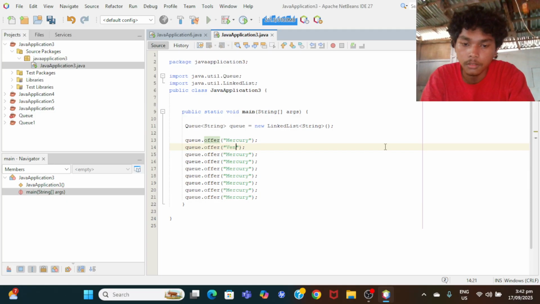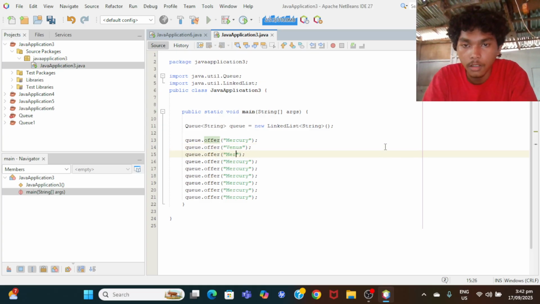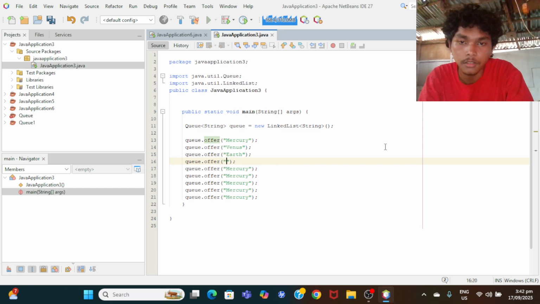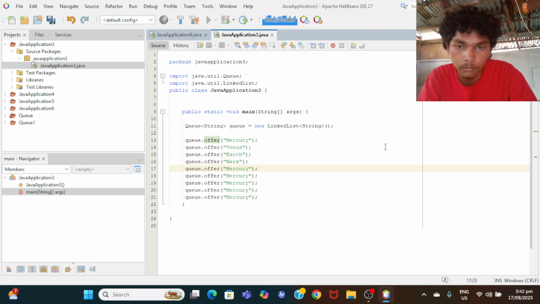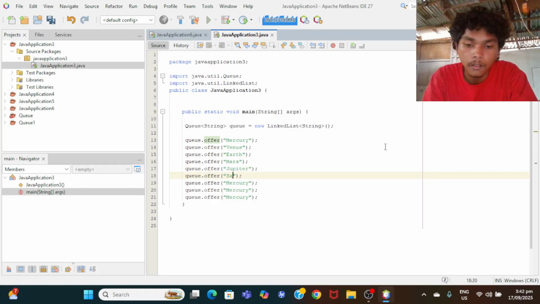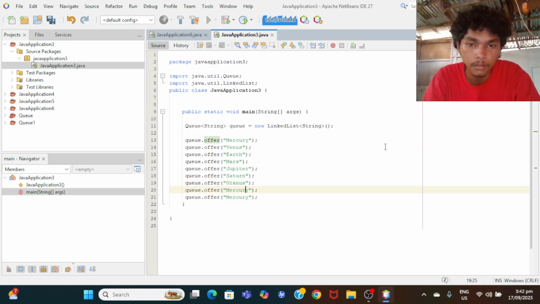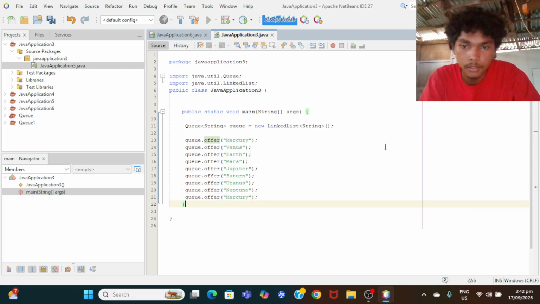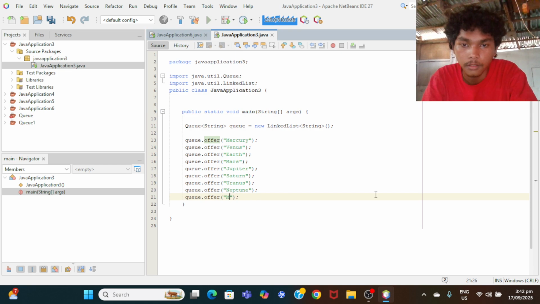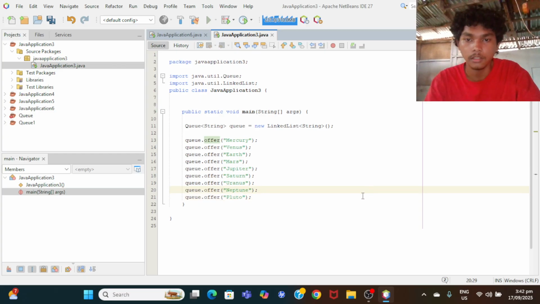So we're gonna change this to Venus, and then Earth, and Mars, Jupiter, Saturn, Uranus, Neptune, and lastly is Pluto. So that's it.